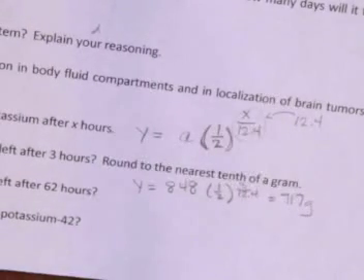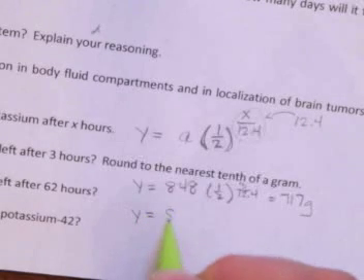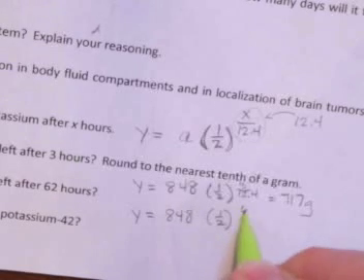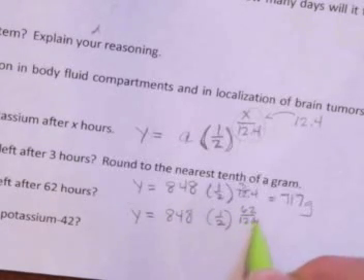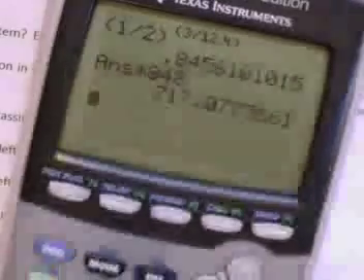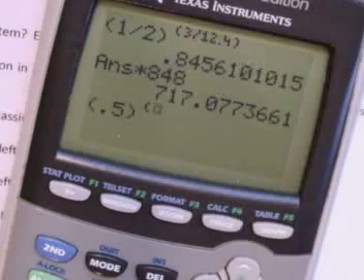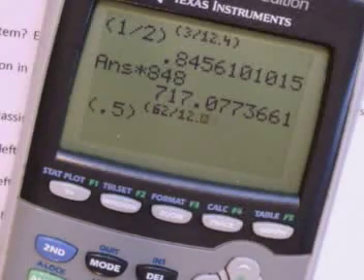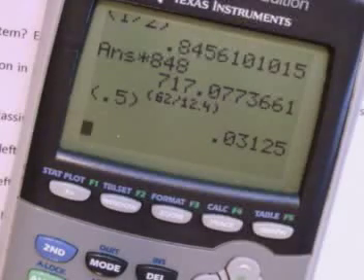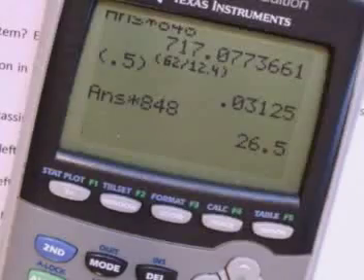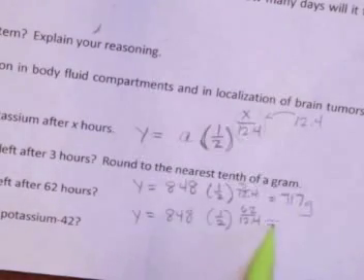Then it says how much of an 848 gram sample of potassium 42 will be left after 62 hours. So the process for working this part of the problem is just the same, except the value for t is different. It's 62 over 12.4. So let's use our calculator to figure that out. And this time I'll use 0.5 to the 62 divided by 12.4 power. And then I multiply that times 848. And I get 26.5. So there's my answer